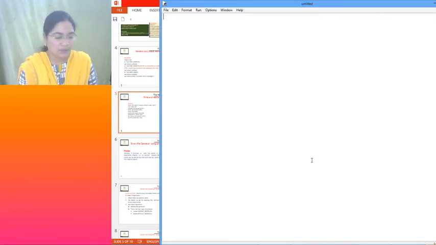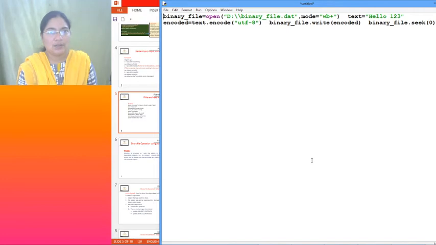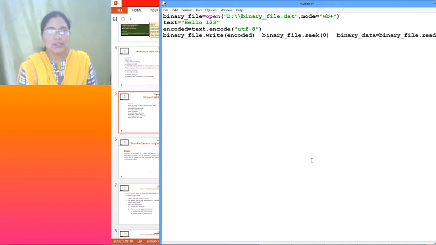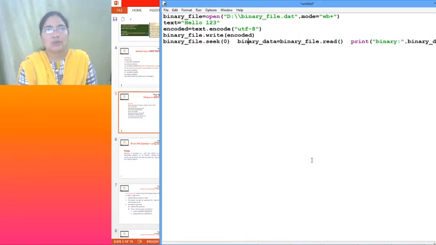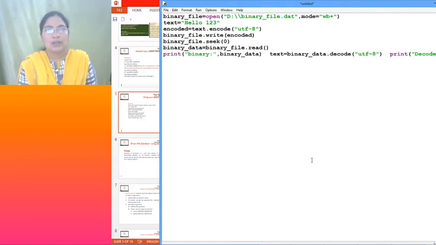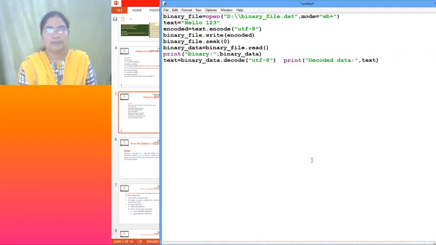This is a binary file. When we do copy paste, these are the problems. So in which mode, where do you want to create it? You can also specify the path. Here I wanted to create this binary file in my present working directory. If you want to create it in your present working directory, there is no need of mentioning the path. It will be saved directly in the current working directory.